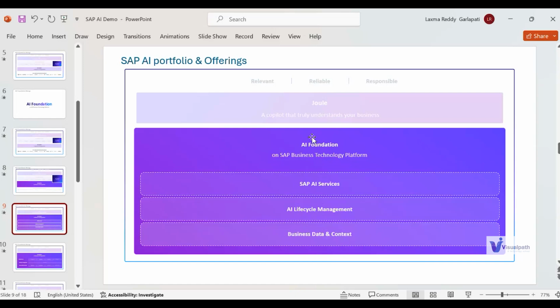When I say hyperscalers, that would require high computation, high memory, and high processing power infrastructure, which has been leveraged by SAP Business Technology Platform on probably AWS, Google, hyperscalers that are available in different regions around the world, right?